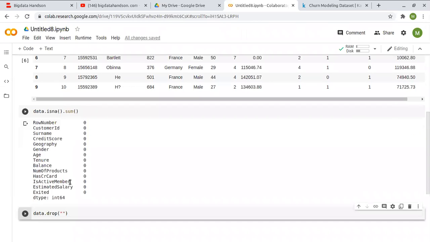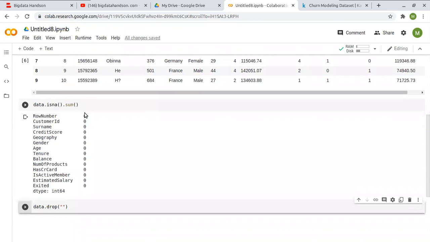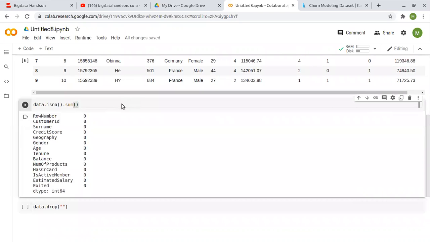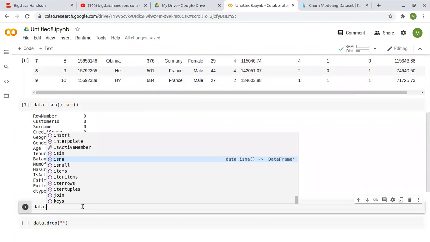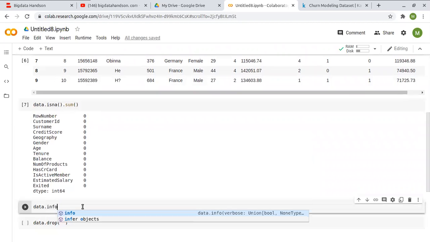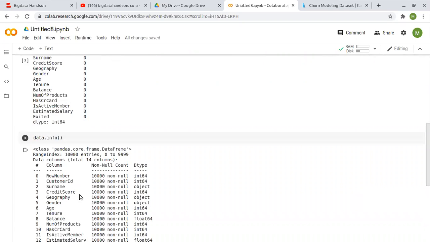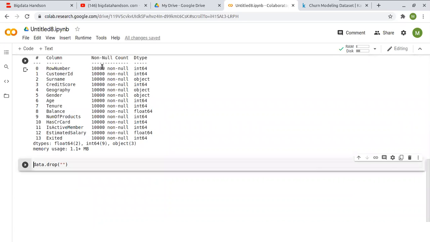You can see all the columns don't have any empty values. If you want to see the information about the data set, you can say data.info(). So we see the column names, the types, and the non-null counts.